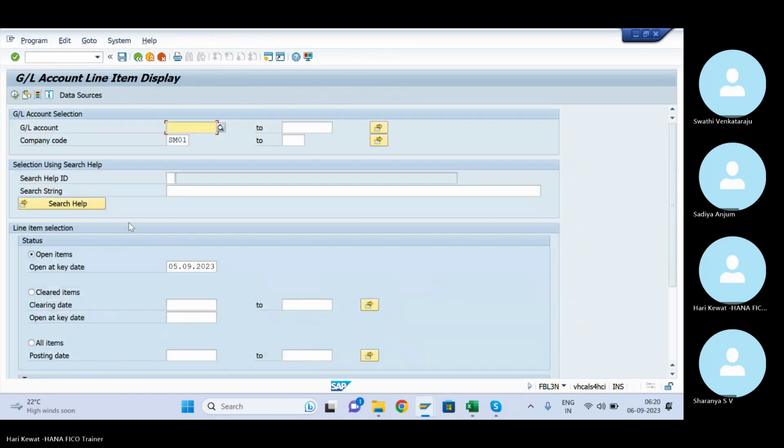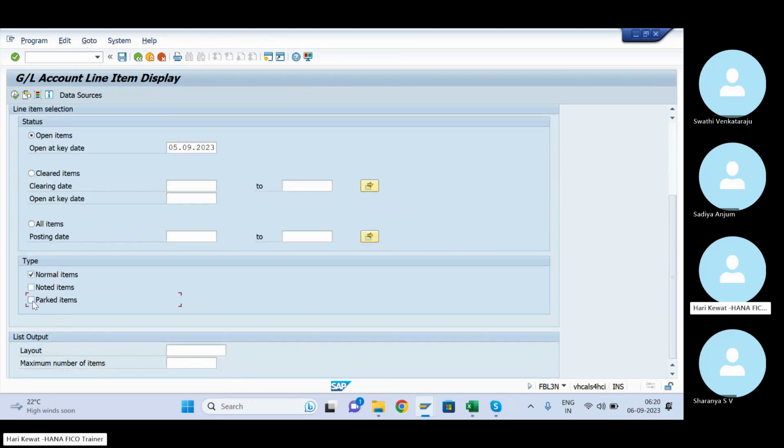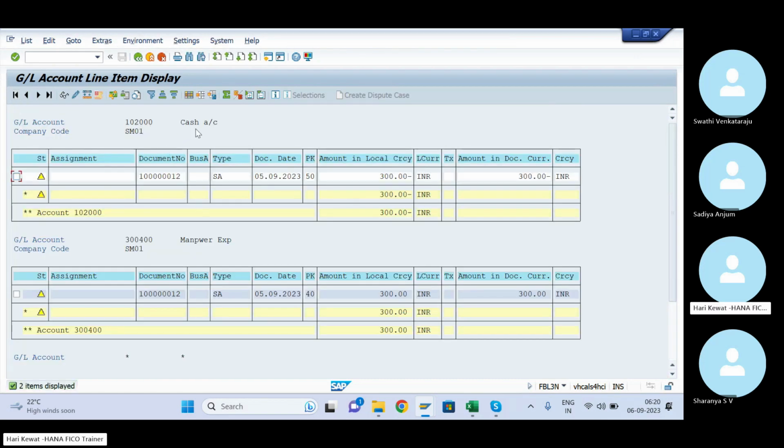Now you can tick this one and tick this one. All the parked documents you'll be able to find here. So these are the cash account and manpower expense account, debit to the cash account. This is what I have done, the parking. You can view this line item. See, the status is also showing park.